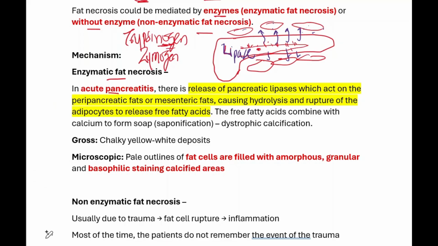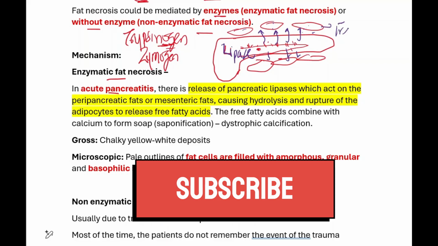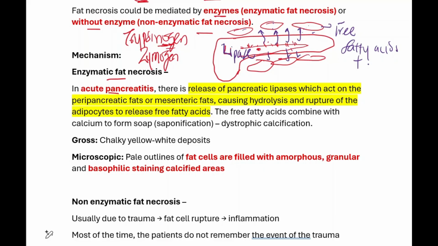It starts to break them down, and as it's breaking them down, it releases free fatty acid. This free fatty acid now combines with calcium, which is what we call saponification. And because this calcification occurs as a result of inflammation and necrosis, it is a form of dystrophic calcification. So in acute pancreatitis, there's release of pancreatic lipases, which act on peripancreatic fat and the mesenteric fat,